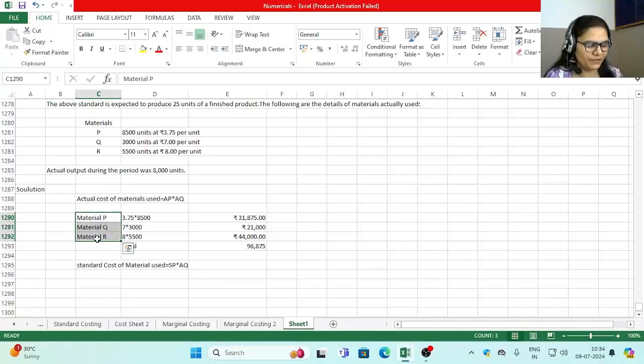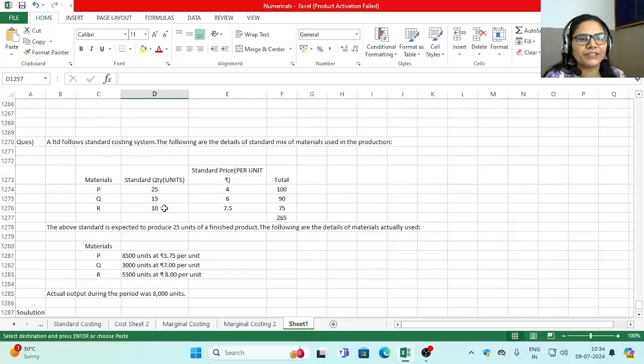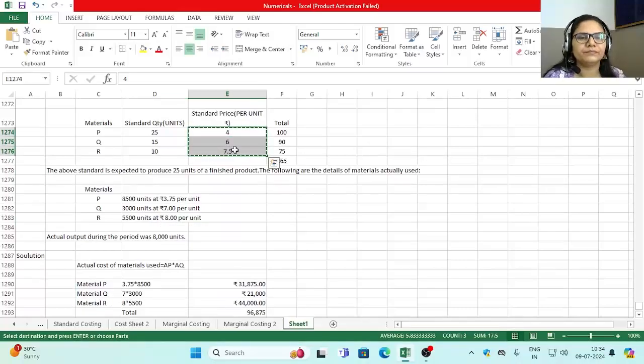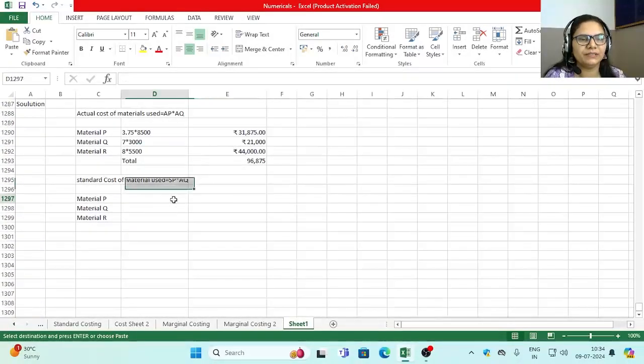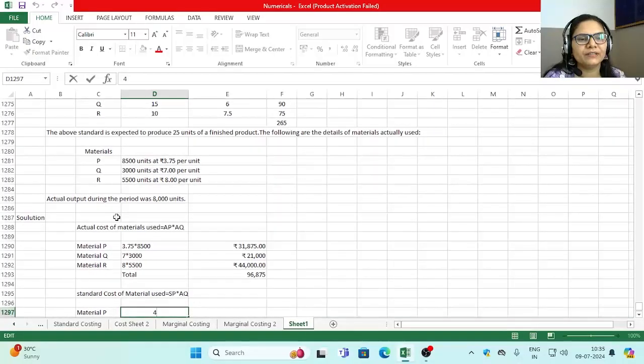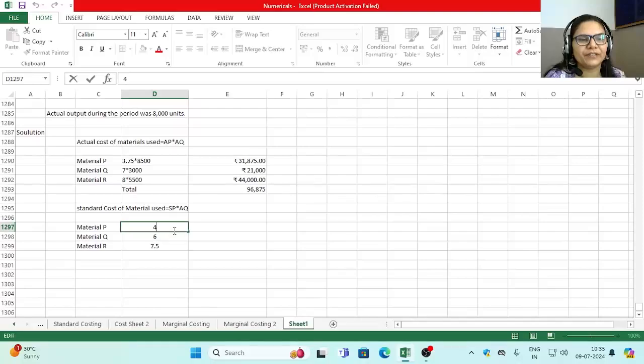Similarly, we will calculate SP into AQ for all the materials separately. We know standard price given in the question is 4, 6, and 7.5, so we will copy it to make our calculation easy. And we know actual quantity is 8,500, 3,000, and 5,500, so we will multiply it with